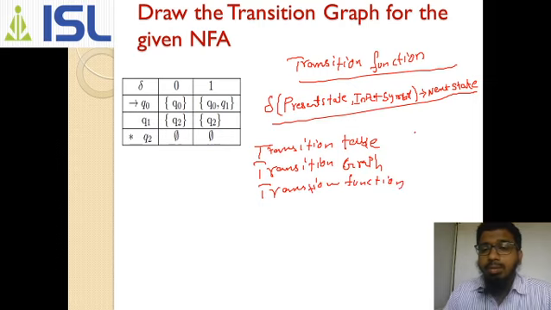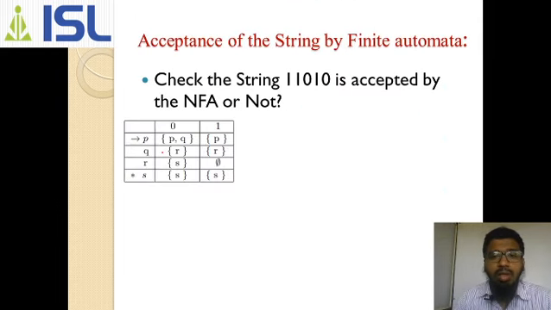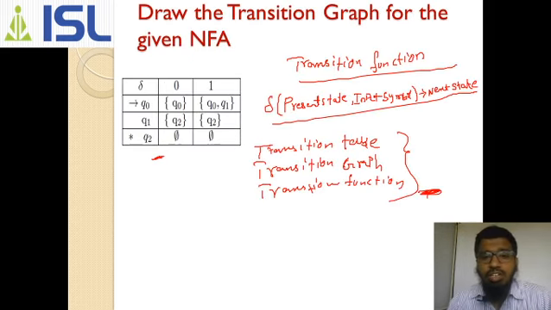Okay, and this is important. In the next class we will see some examples, and we will see the acceptance of strings, then we will see the differences between DFA and